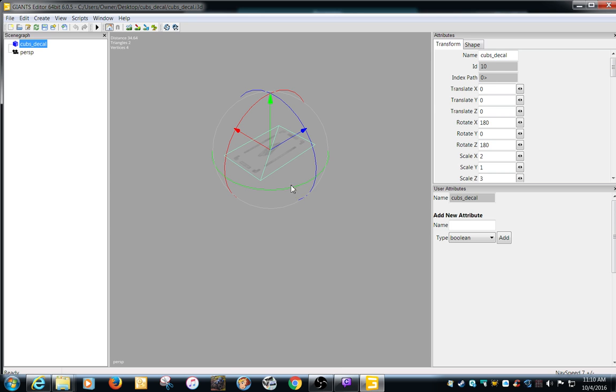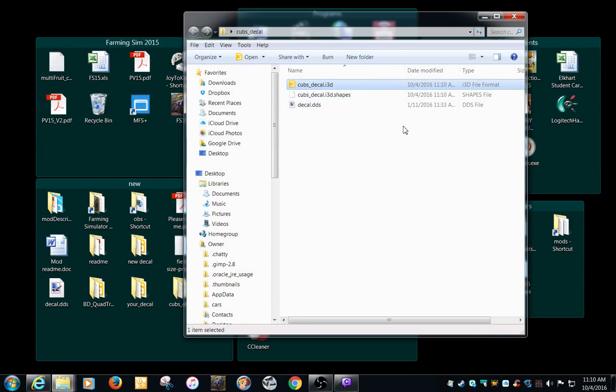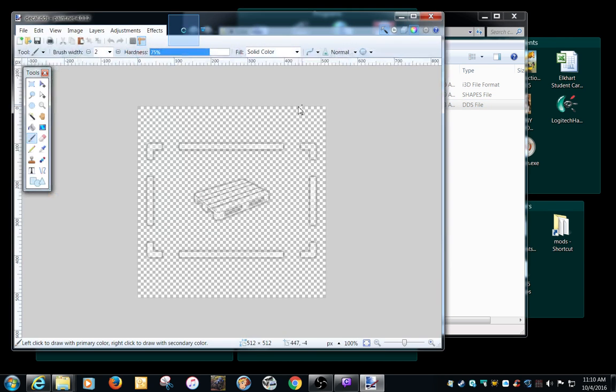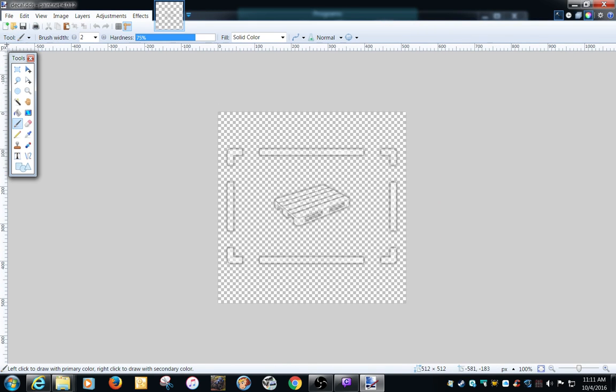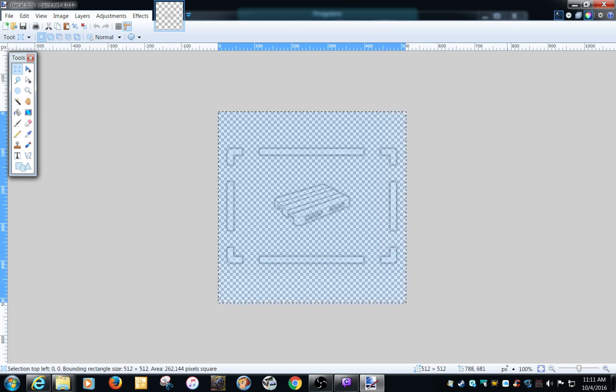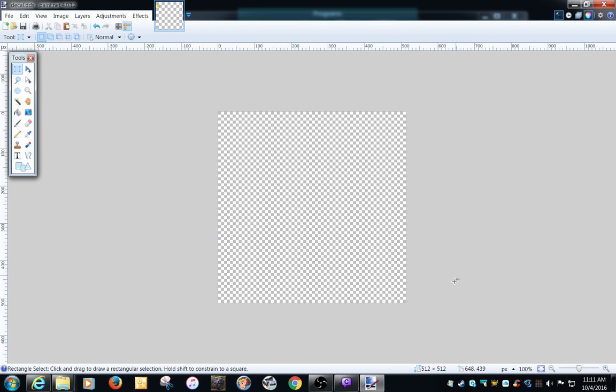I should probably rotate it so it's straight, but that's something you can mess with as well. So what we're going to do is go into this actual decal. You want to use Paint.NET, which is what I've been using. All this checkered stuff, for example, if I just delete it, it's going to make it invisible. So what we're going to want to do